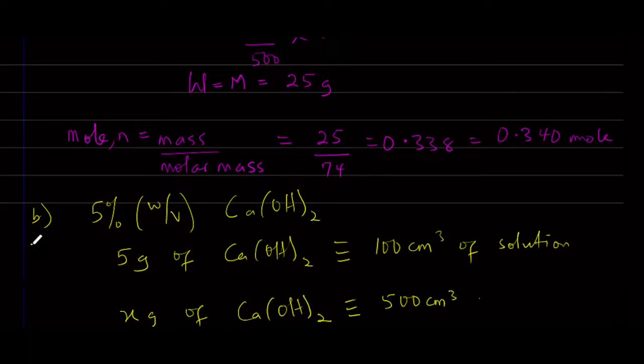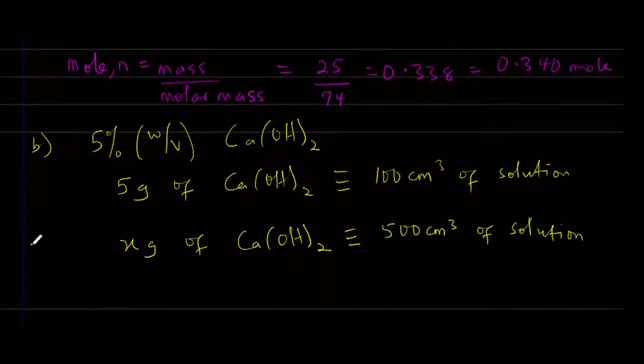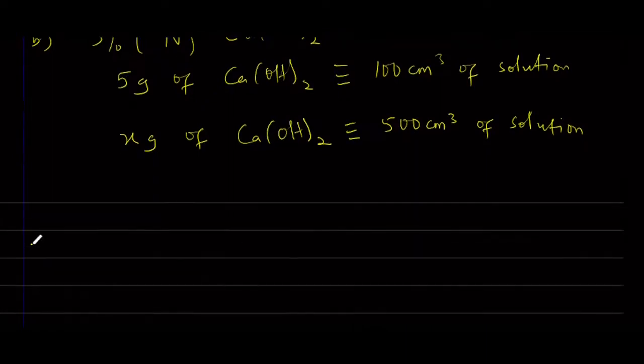So now we can cross multiply by saying X times 100 is equal to 5 times 500. If we solve for the value of X, we are going to obtain 25 gram